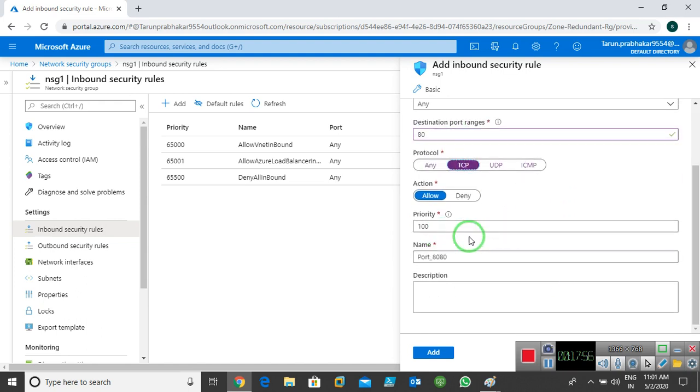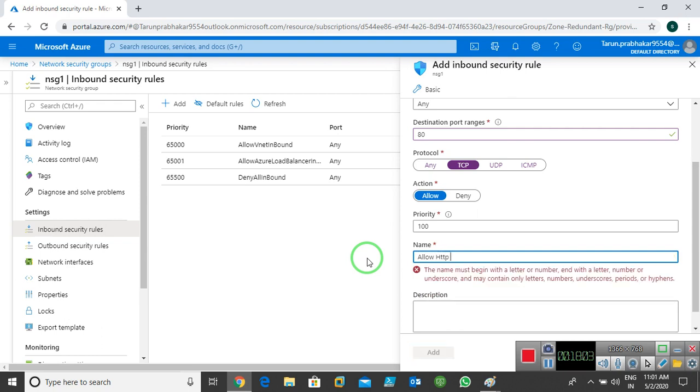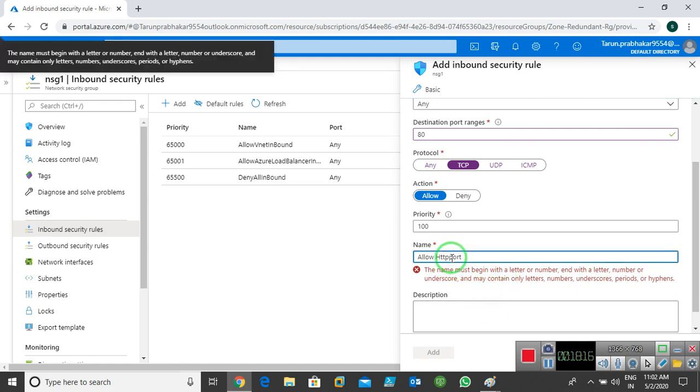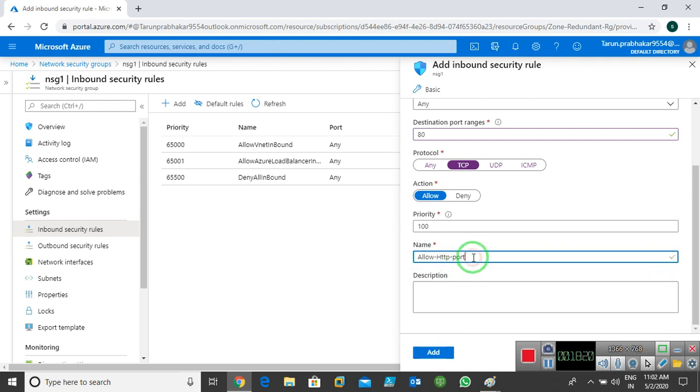The priority is default, and the name I give is allow HTTP port 80.